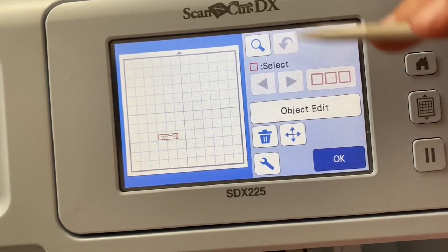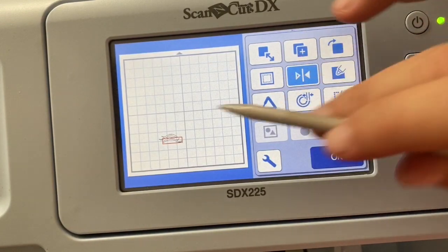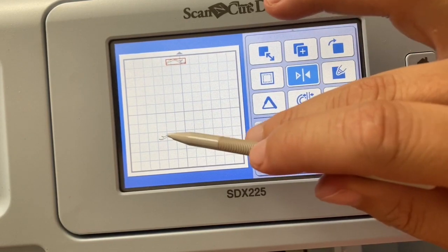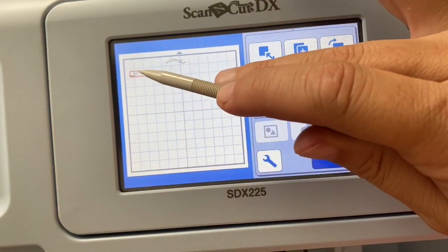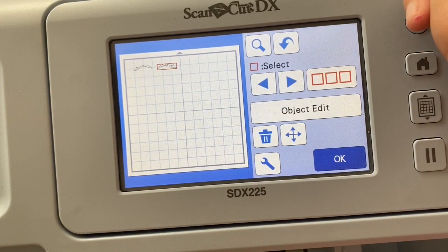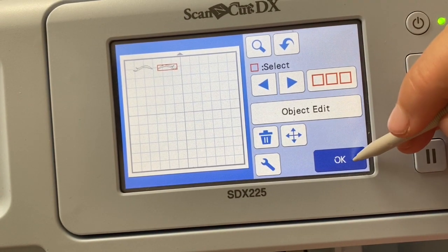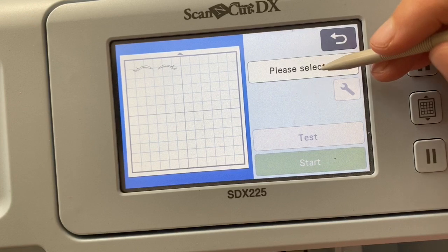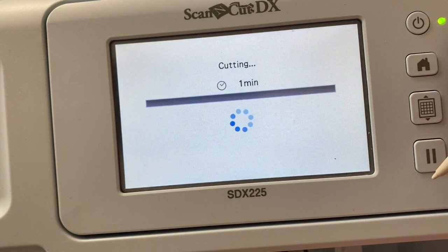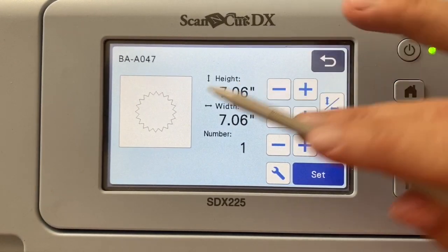And then with it on our screen, we're going to go into the edit screen, object edit, and we're going to plus it because we want 2 of them. Now I am going to go ahead and press that button, the 2 arrows facing each other, on one of them. This is going to make it so that my eyelashes face each other. This is not necessarily vital for cardstock, except that my cardstock is smooth on one side, textured on the other, so it is in fact important because we want one eyelash to go in either direction. We're going to go ahead and cut this out